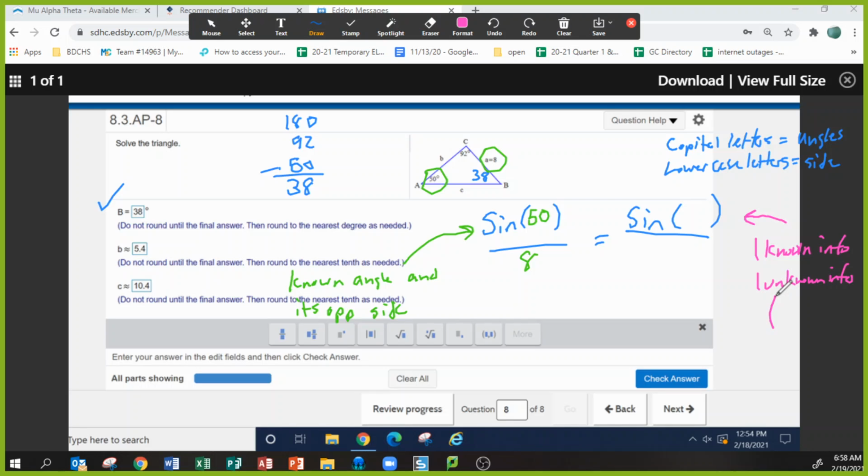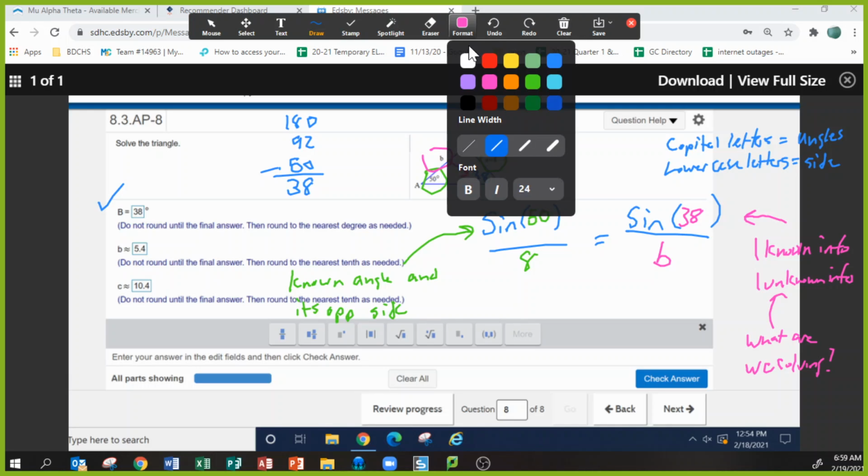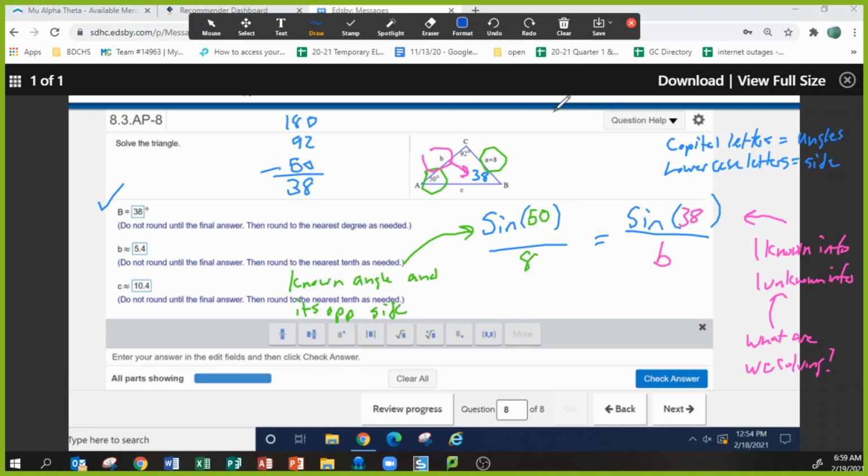Our unknown is what we're solving for, and I know I'm looking for side B. So even if I don't have this diagram here, I know my sides go on the bottom, so I'm going to put my variable or my unknown there. And then I'm going to come to side B and see which angle generated it, and that's going to be 38. So from here, we've set up the law of sines, and all we have to do is go through